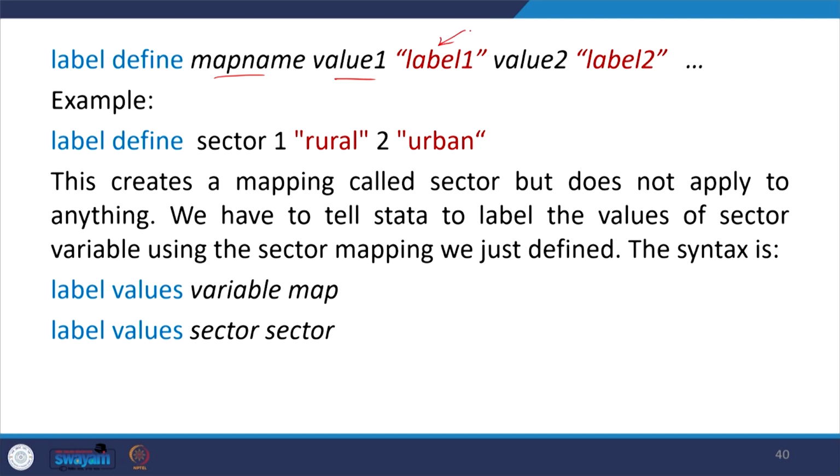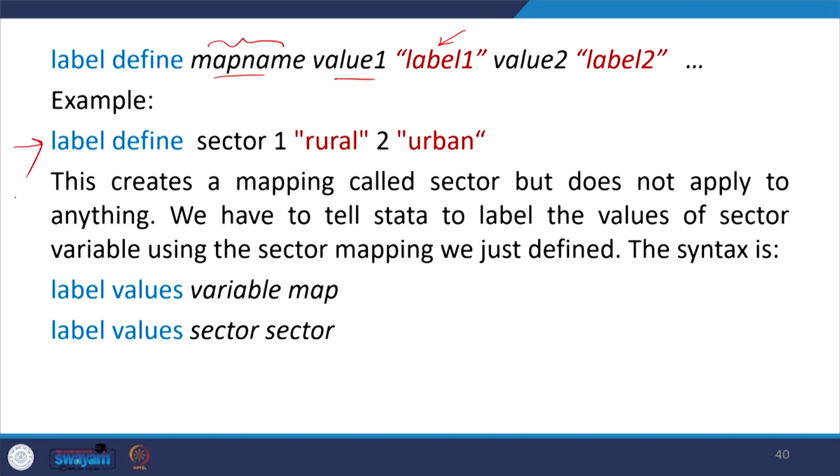So define the map name, which may be a variable name, for example gender code. If you are defining this, the first command we generally give is label define.